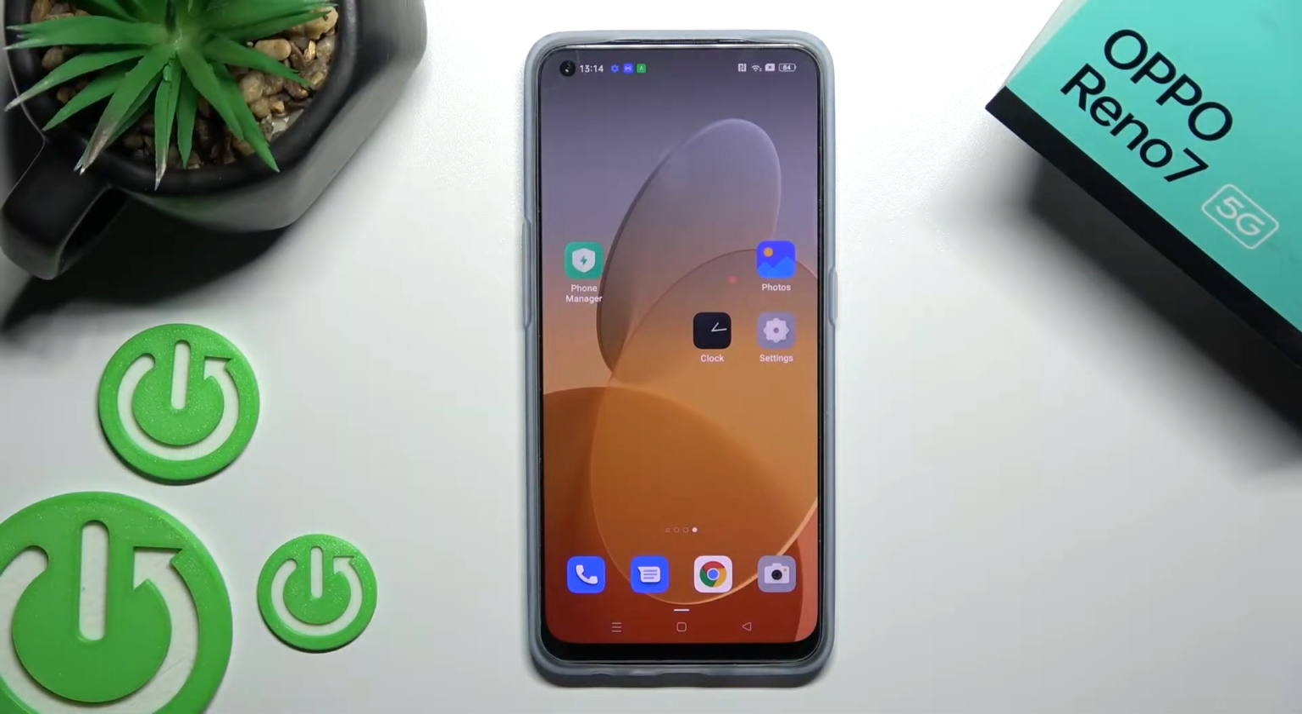Welcome, today with my Oppo Reno 7, I'll show you how to change the lock screen wallpaper on